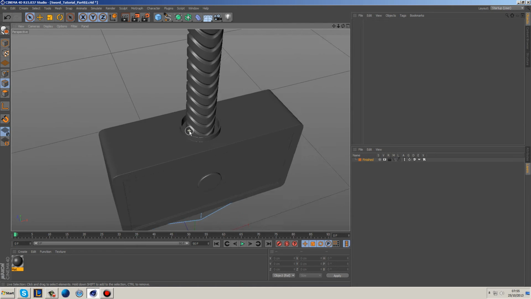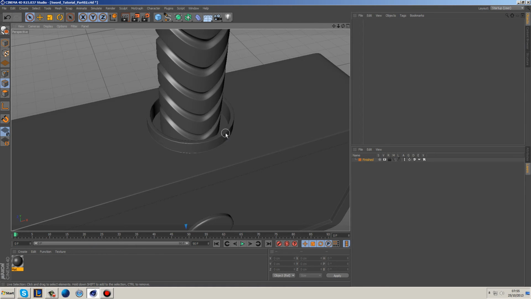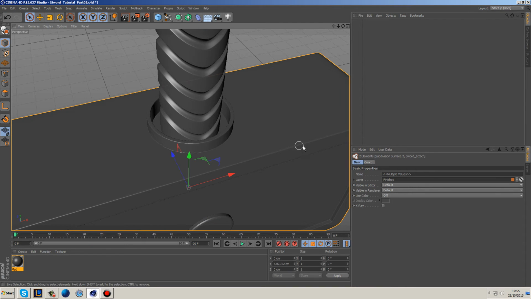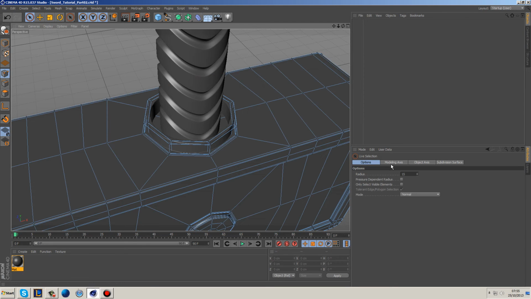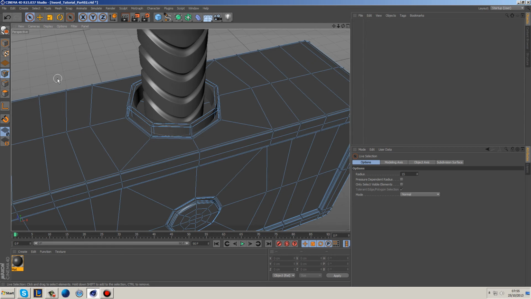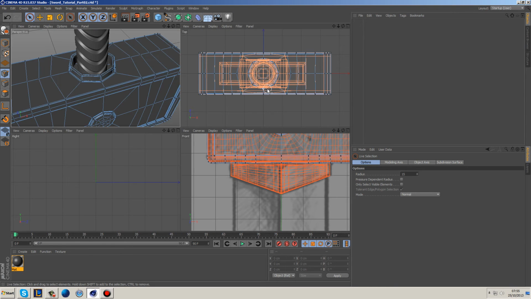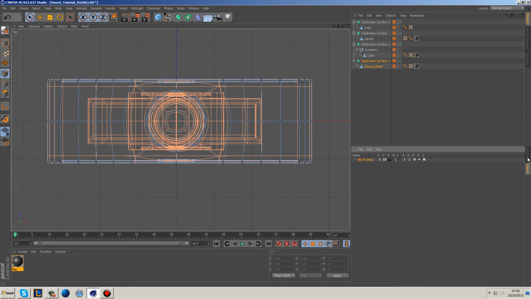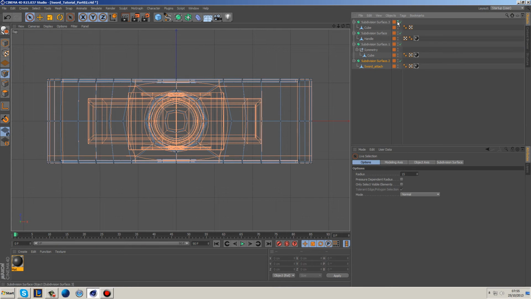So one thing we will have to adjust is this at the top here. So we could do that now. So let's grab this object and try to figure out where everything is. We're going to go into point mode, and we want to just grab this. So we're going to go to the top view, and as you can see, things can get a little bit hectic, so I'm going to bring everything back, and I'm going to probably just shut off some of the things that I don't particularly need,